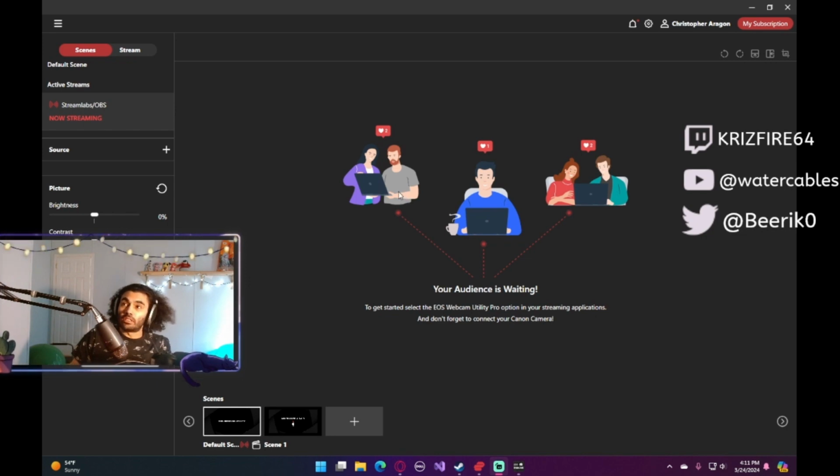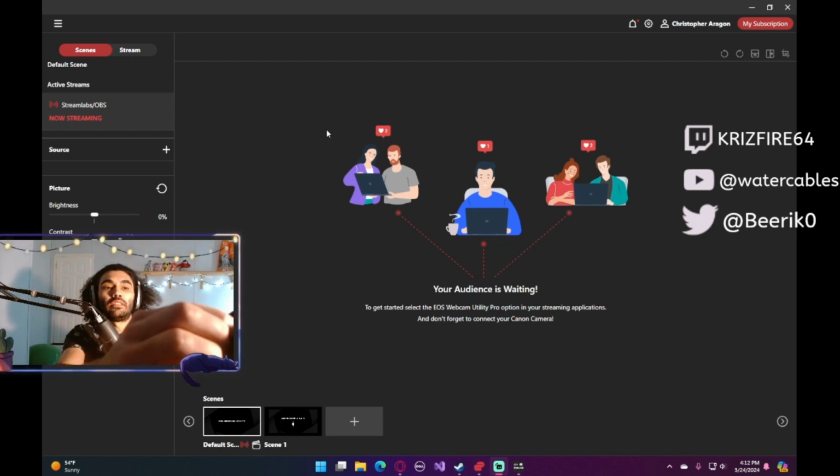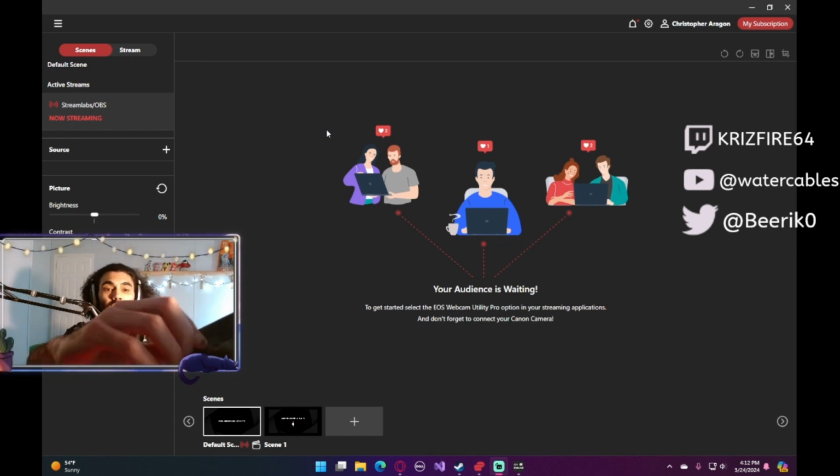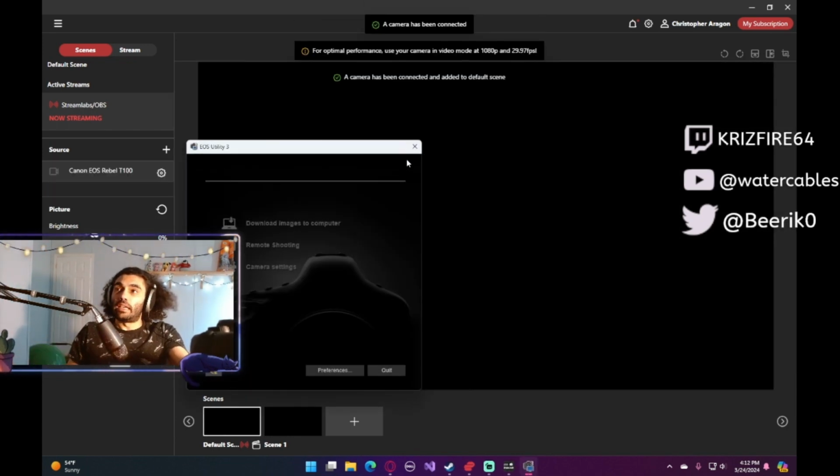The camera turns on, and then the camera immediately shuts off, and there's nothing I can do in the streaming application or in the webcam application to make this camera turn back on, besides rotating the dial right here on the camera. You have to turn it all the way to off, turn it back on, put it on the video, and